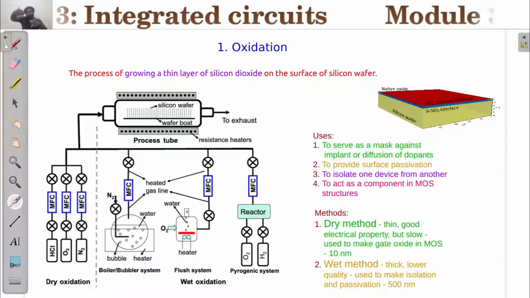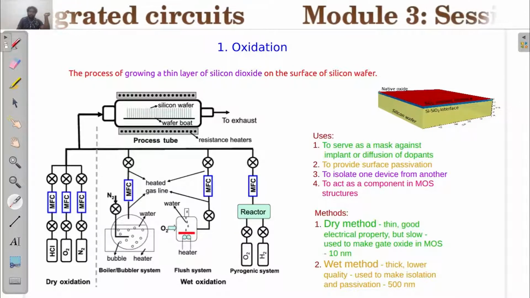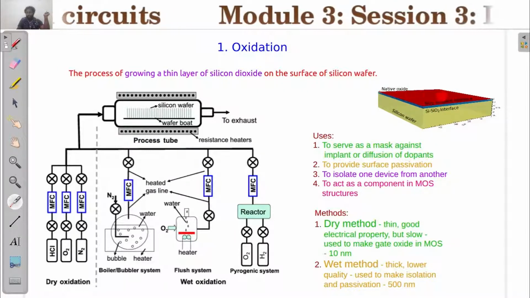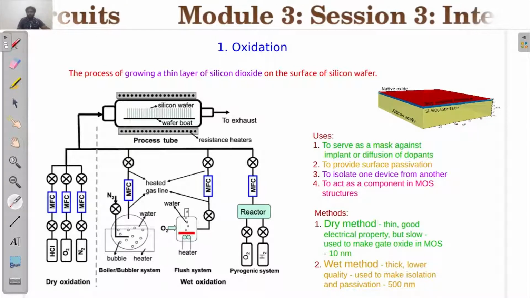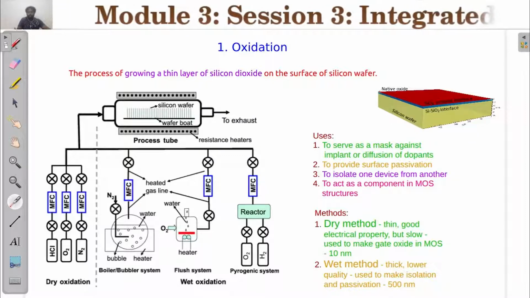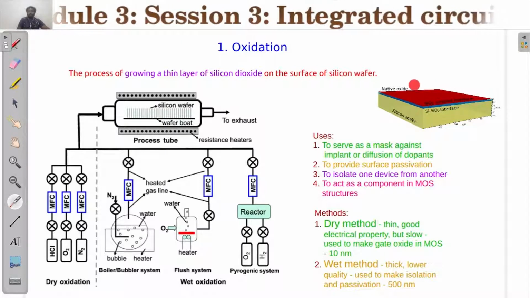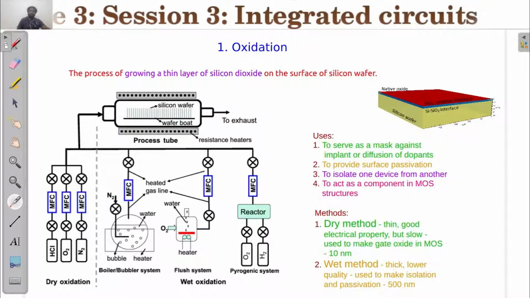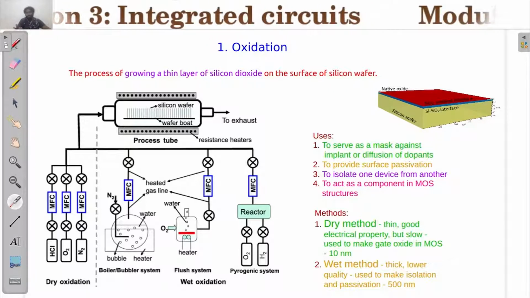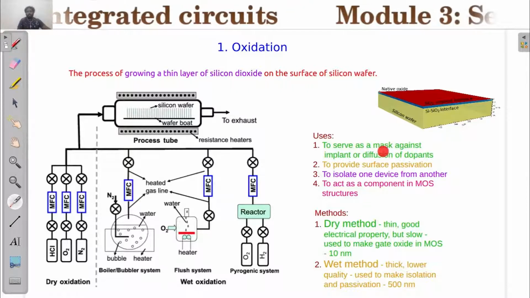But if there is a hole in the silicon dioxide layer, as you can see here, here is a silicon dioxide layer. So silicon is here, the silicon wafer is here. You can see a top layer, and that is the silicon dioxide layer. If there is a small hole in the silicon dioxide layer, and it is subjected to the dopants, then the dopants can enter into the silicon substrate only through that hole. The silicon dioxide will act as a barrier against the implantation or diffusion of dopants. Dopants can easily penetrate silicon, but they cannot easily penetrate the silicon dioxide layer. That is the core of the first point.